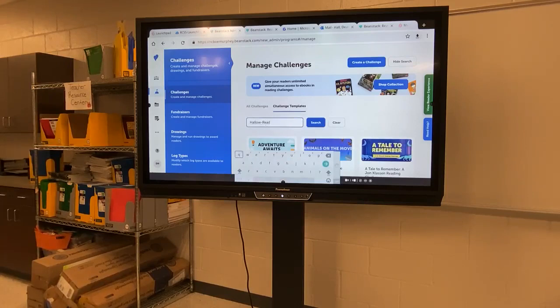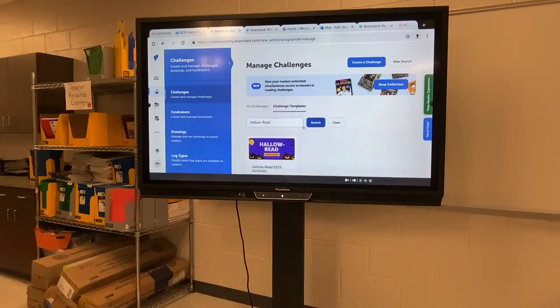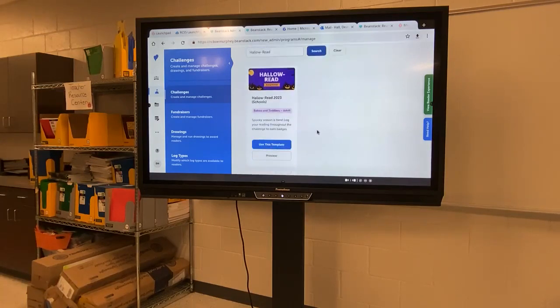Halloween. If you'll type in Hallow Read and press search, H-A-L-L-O-W-R-E-A-D. You have the option to preview this template. If you want to do that, you can go ahead. But I'm going to click on use this template because I want to have a Halloween challenge for my class. If you'll click on use this template,